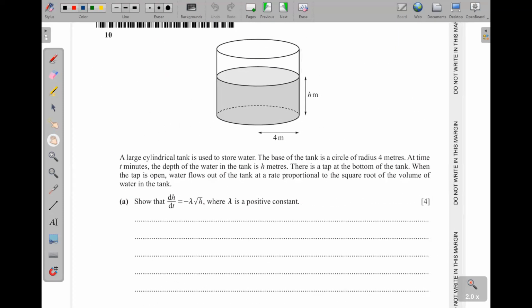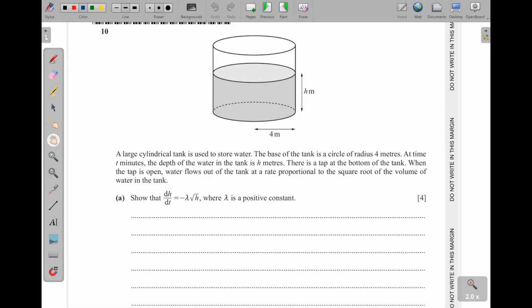Then the last question is from differential equations. They are saying a large cylindrical tank is used to store water. The base of the tank is a circle of radius 4 meters. At time t minutes, the depth of the water in the tank is h meters. There is a tap at the bottom of the tank. When the tap is open, water flows out of the tank at a rate proportional to the square root of the volume of the water in the tank. Then they say show that dh/dt is equal to negative lambda root of h, where lambda is